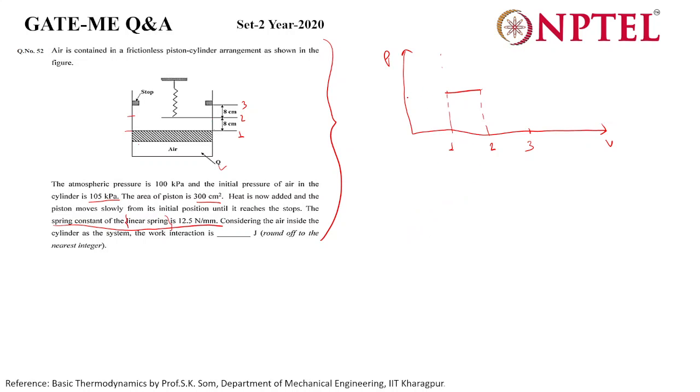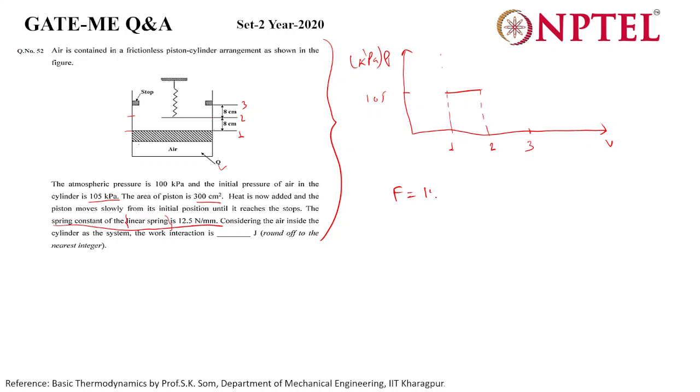This is 105 kilopascal. So now let's suppose this piston has come and touched this point. At that point the initial internal pressure would be 105 kilopascal, right? Is this right or not? Yes sir. After that the piston would be compressing this spring, and the reaction force would be given to the piston. So when this piston reaches here, how much force would the spring provide to the piston?